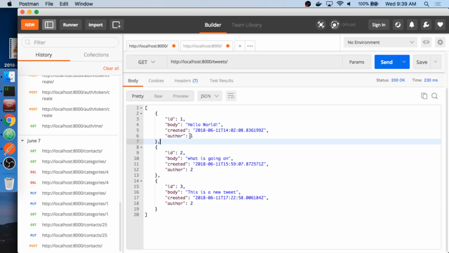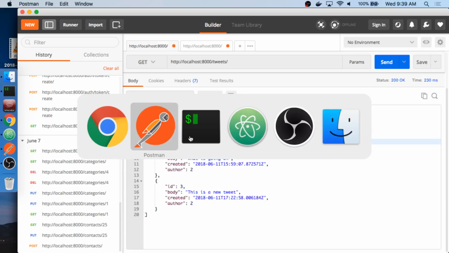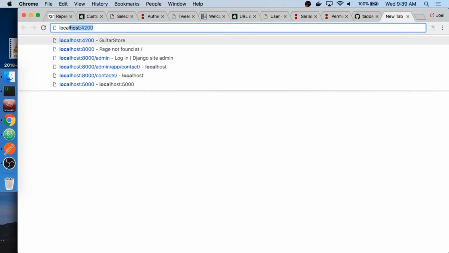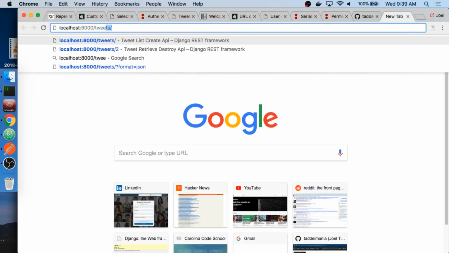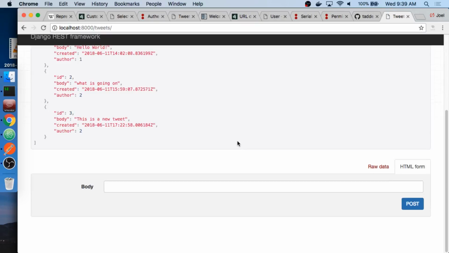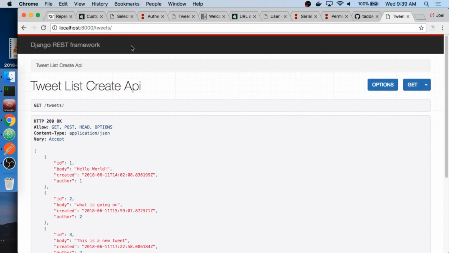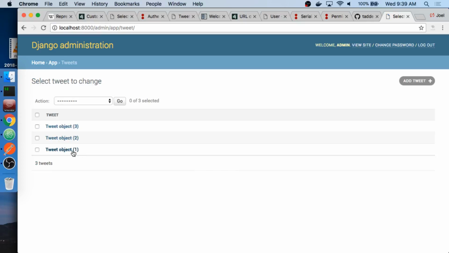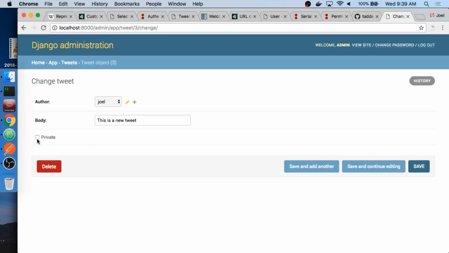See, if you look at it in the browser, it gives you a tick box for private. You mean like if you go here? I mean, in admin, if you go and open it up. Oh yeah, in admin. Right, that's what I would expect it to look like there.